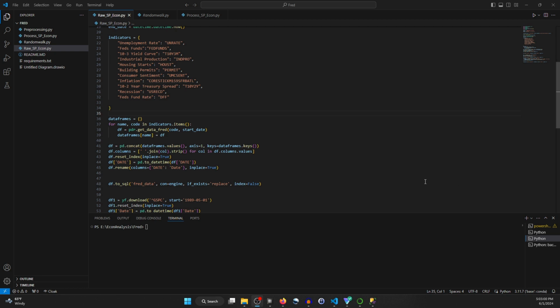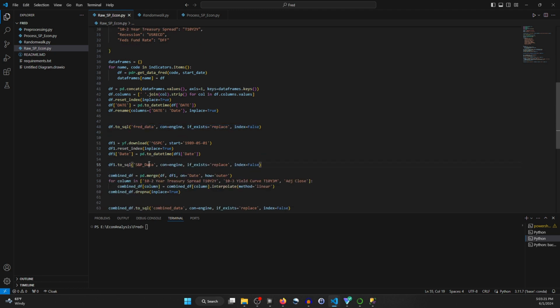The only update I think I made between now and then was deploying some of this data to more of a relational database system instead of CSV files, because I typically don't like to junk up my environment space with a bunch of CSV files, and it's just a little easier to manage and pull back in the data. So in here, like the Fred data, the S&P data, it was all put into a Microsoft SQL Server